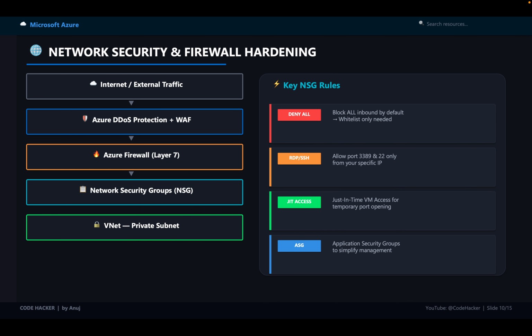A major entry point for hackers is your network. Azure gives you a layered defense strategy, and I want you to think of it exactly like that. Layers. Starting from outside, Azure DDoS protection blocks massive flood attacks before they even reach your servers. Next layer,